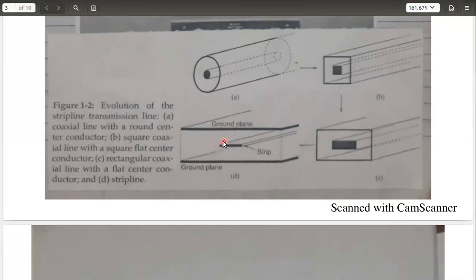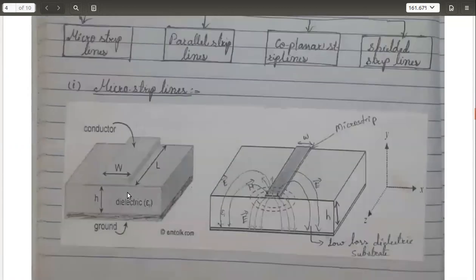It is covered overall, but the same uniformity you cannot find in case of microstrip line, because the ground plate is here. The ground plane is there, above which the substrate is there, and you have a strip here, right? You have a ground plane, substrate and the strip, above which you don't have another substrate. It is not packed; on top of the strip you have nothing, simply air is there. So because of this setup, the field will be more concentrated towards the strip, and it decays exponentially when it enters into the substrate.